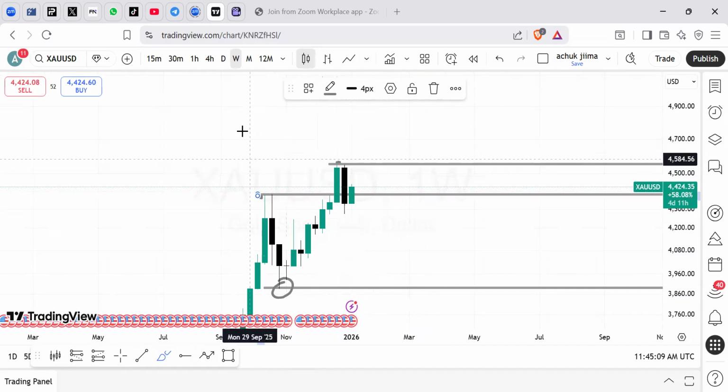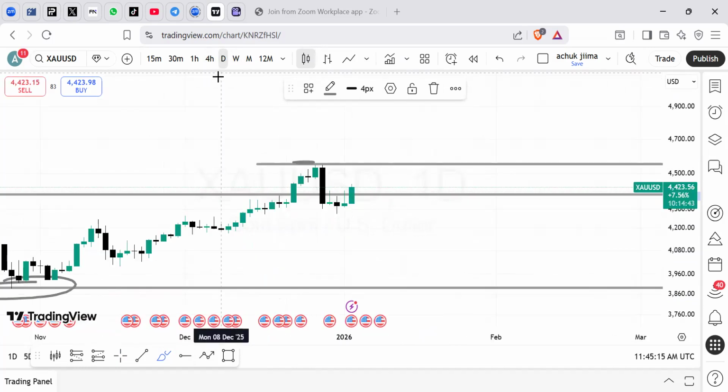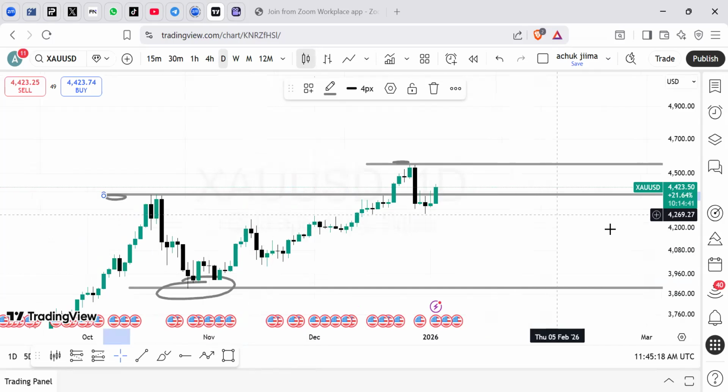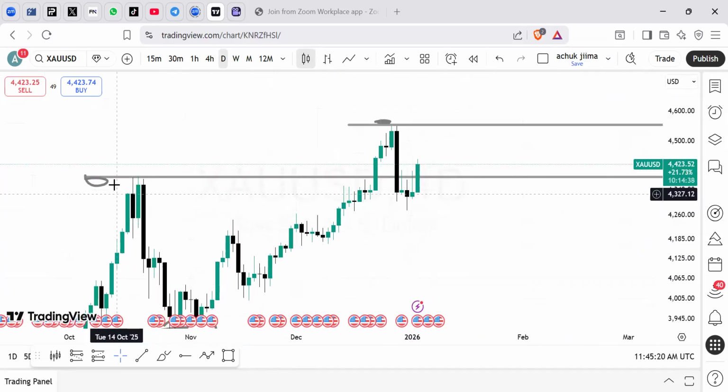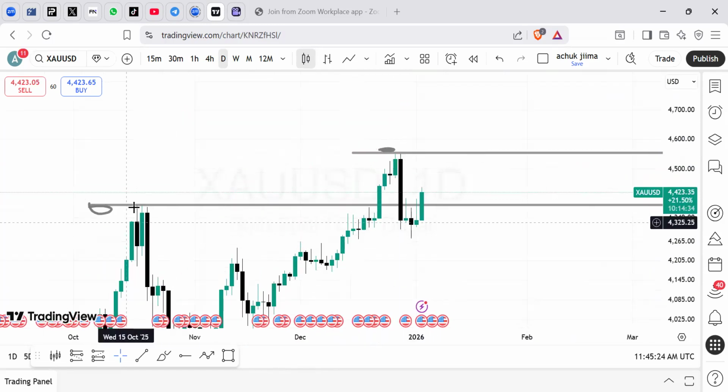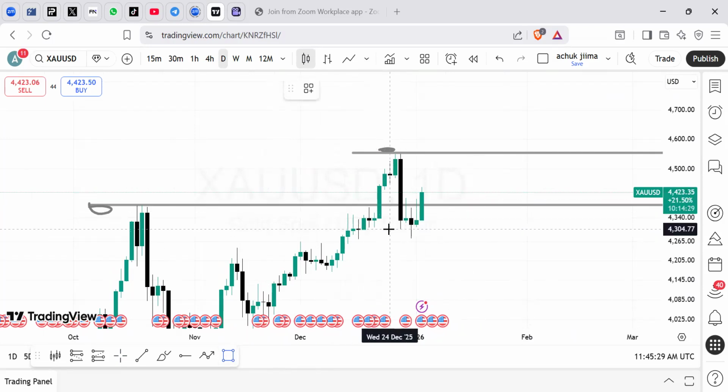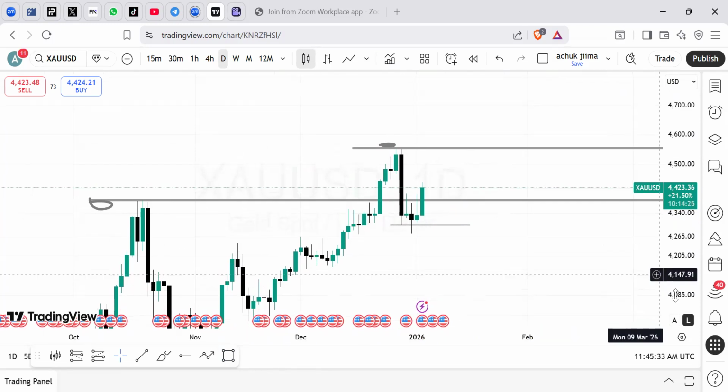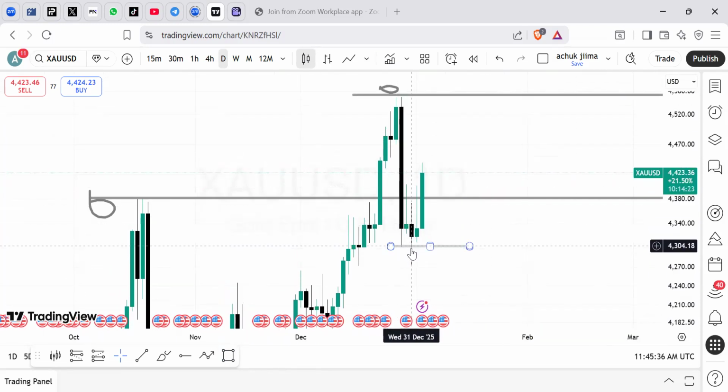Once you have this, remember today is Monday, so let me switch to the daily time frame, and on the daily time frame we begin to analyze further down. On the daily time frame, you can clearly tell our price difference between this low and this new high was here. The market comes, breaks below it, and here we thought the market could go further down from this low. However, you can clearly tell that the market comes to this low, fails to break and continue down, and then from here we see a break.